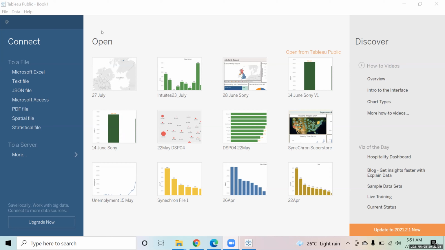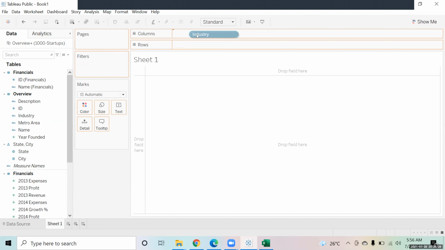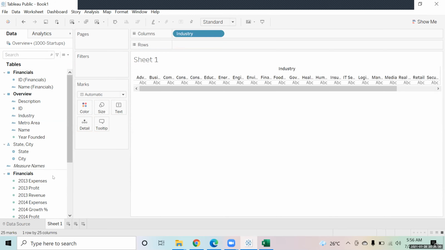So now we come to sheet 1 and we will make a chart. So the chart that we're going to make is, I'm going to make a chart on industry. How much 2015 revenue was generated across the different industries? 2015 revenue.